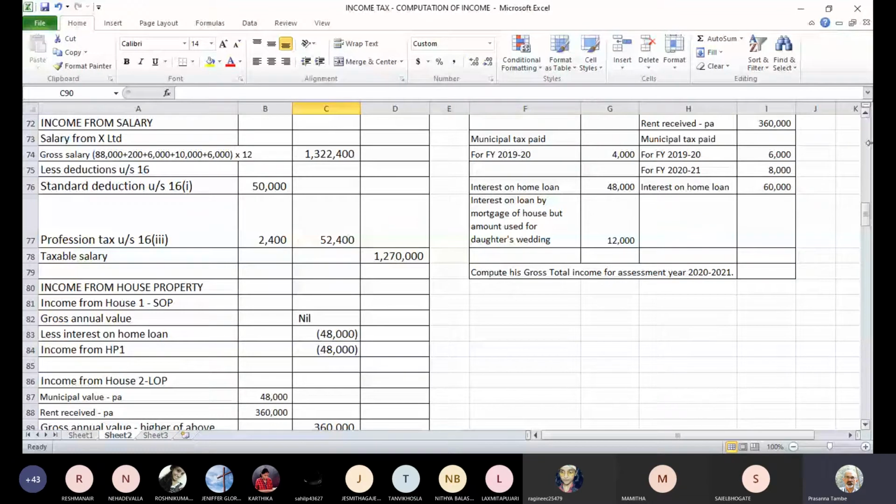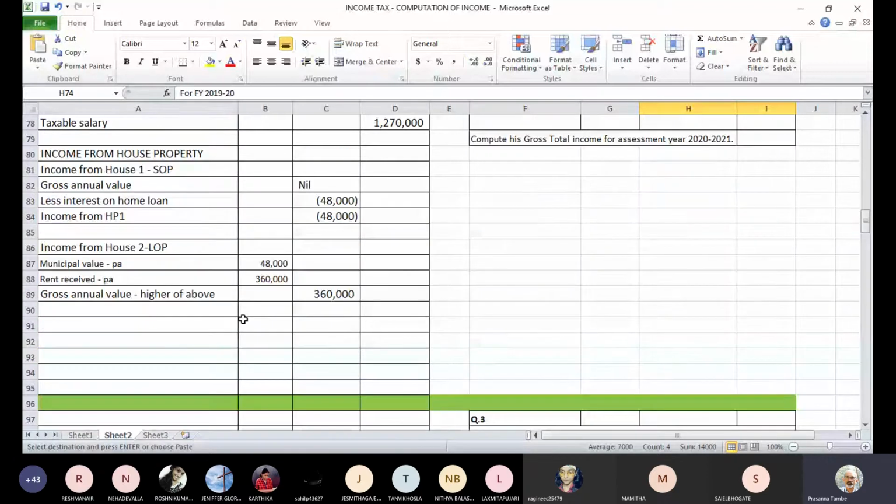Okay. So are you clear about these aspects now, municipal tax? So please do remember, it's a payment-based deduction. It doesn't refer to the period. It could be of earlier year, it could be of current year, it could be of next year also. It could be arrears of earlier years also. Okay. As long as it is paid in the current year, it should be allowed as a deduction. Is everyone clear on this? Yes?